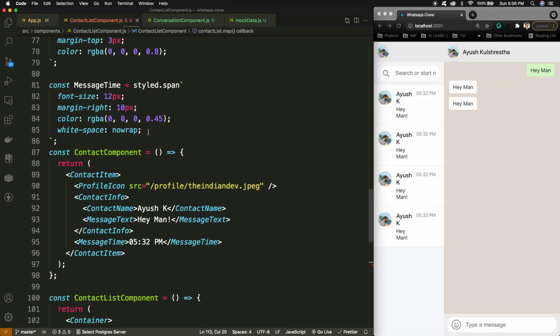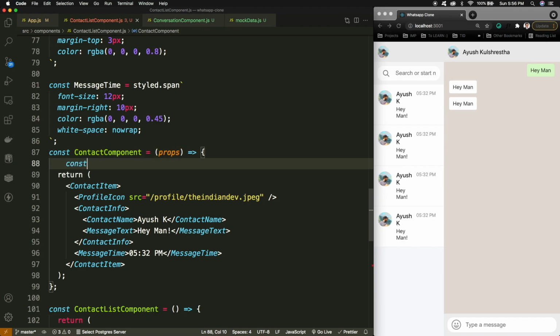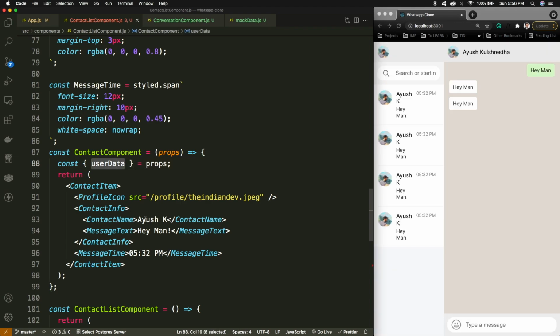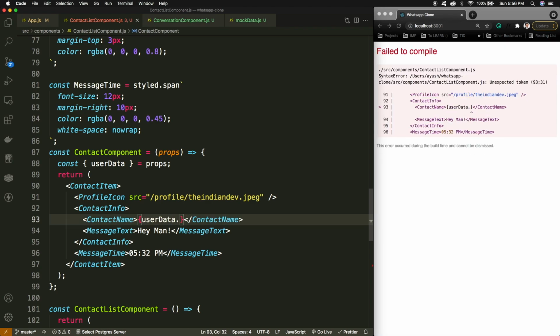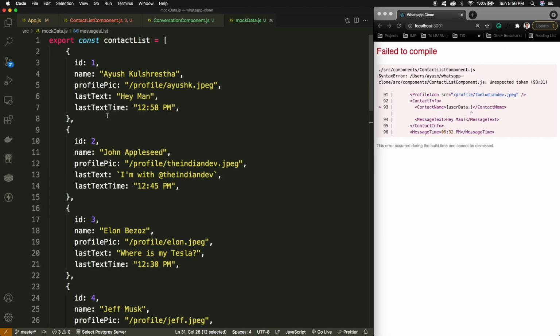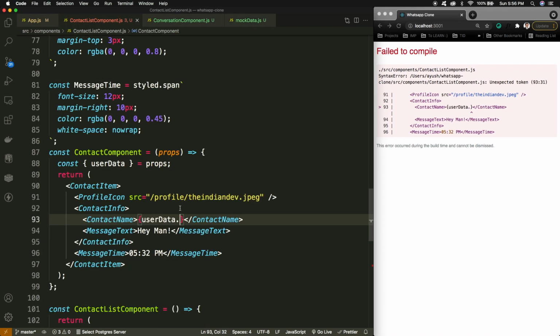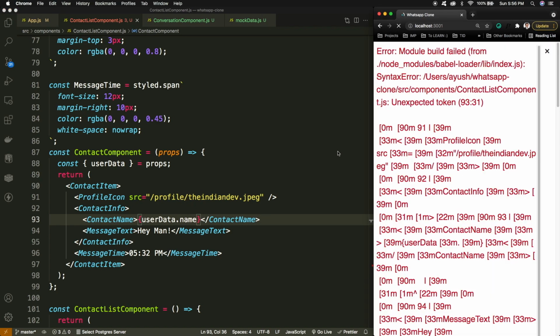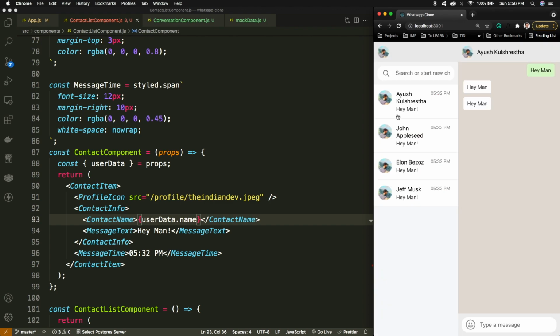If we go to this contact component, here I'm receiving the user data inside the props, and I can destructure that like this. Now I'm having the user data, and if I go to the user data in the contact list, I just need to use the name and the profile pic. So here is the name. Okay, so the name is now dynamic. You can see Ayush Kulsres, John Appleseed, Alon, and Jeff.